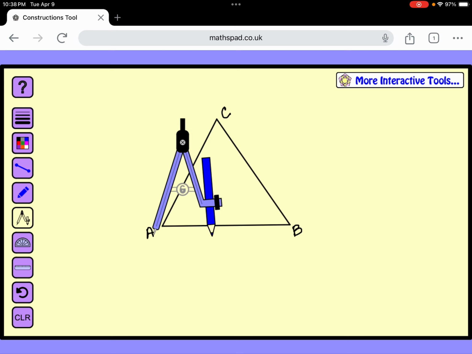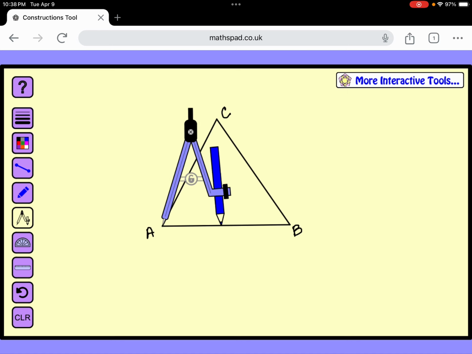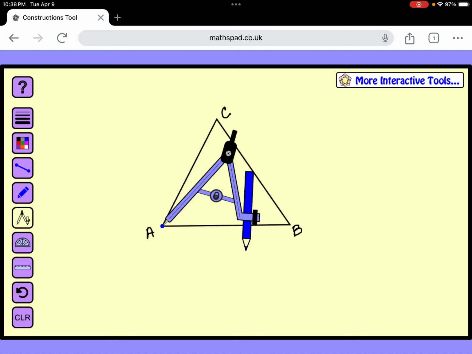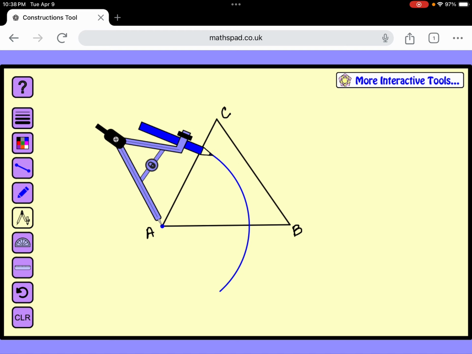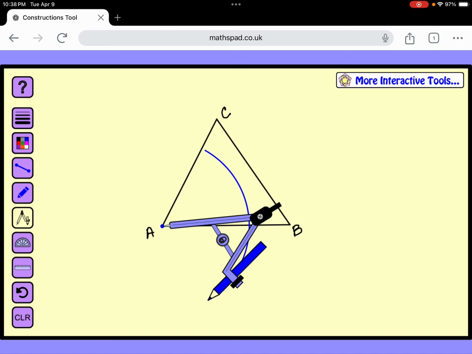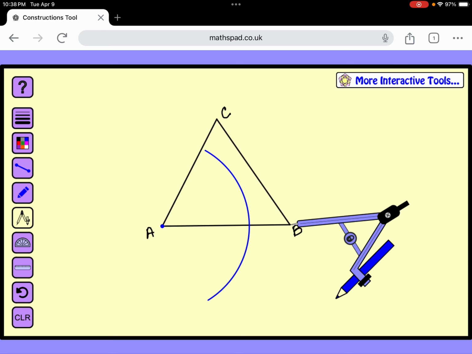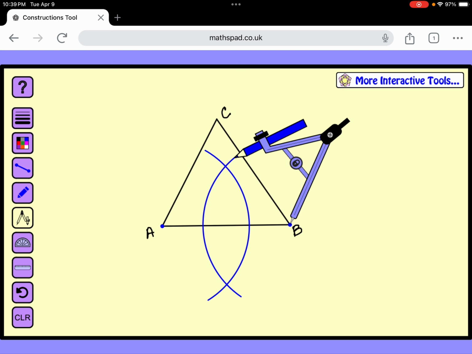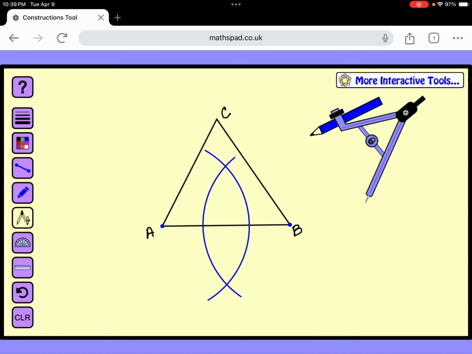So that means I'm going to put my point on A. I'm going to move my pencil so that it's more than halfway. And I'm going to make that large semicircle arc. Move my point over to B. Do the same thing. And we know that the line that passes through those two intersections is going to be,